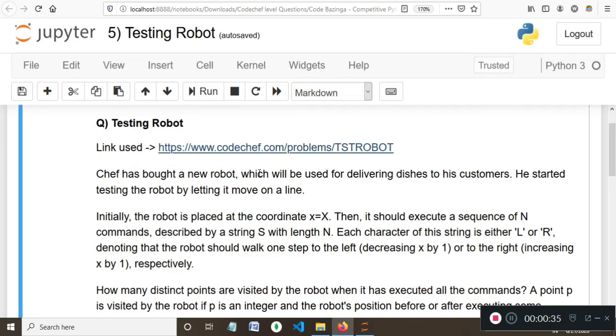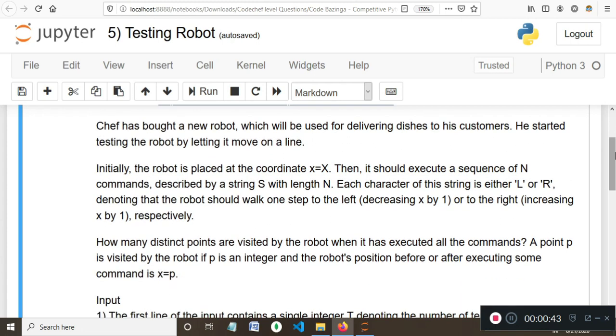Chef has bought a new robot which will be used for delivering dishes to his customers. He started testing the robot by letting it move on a line. Initially, the robot is placed at the coordinate x, then it should execute a sequence of n commands described by a string s with length n.